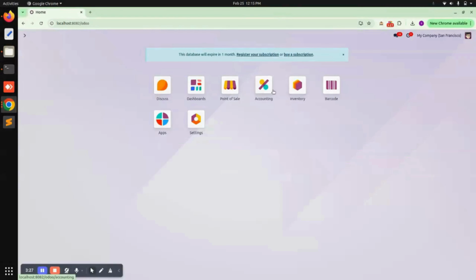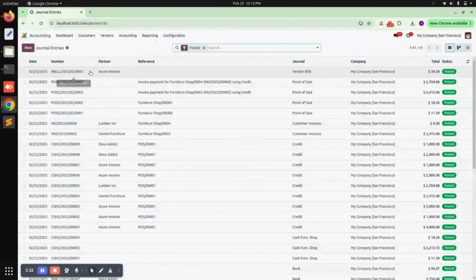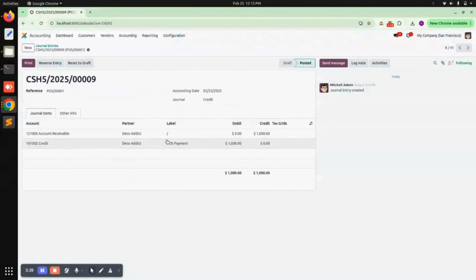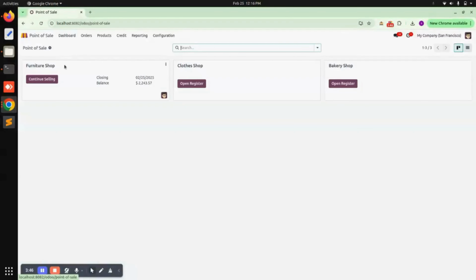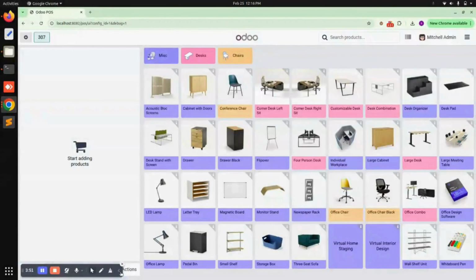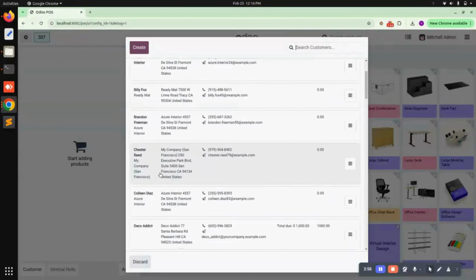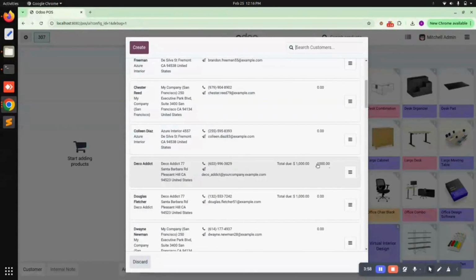We go into the accounting. Under accounting, we go into the general entries, and over here you can see CSH5, the 1000 credit amount, which we have just paid to Deco Addict. Now again we will go into the POS and we go into our furniture shop, and here you can see for the customer Deco Addict we are remaining with 1000, and the total due is 1000